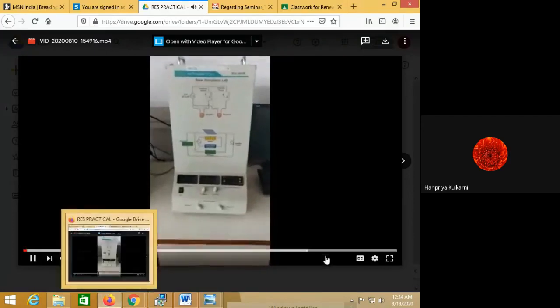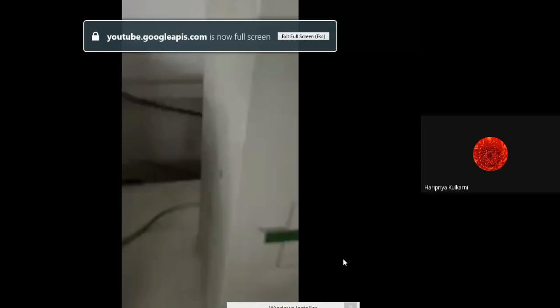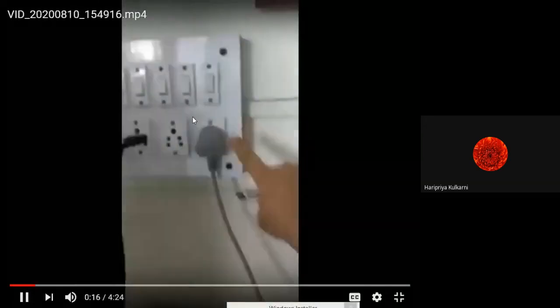Okay, so it is already started. You can see it has a power cord. I'm showing you the back side. This is a cable through which we are giving the input to our kit. So this is connected to the power supply. We can make it on. So I have made it on. Okay, so supply is given to this kit.